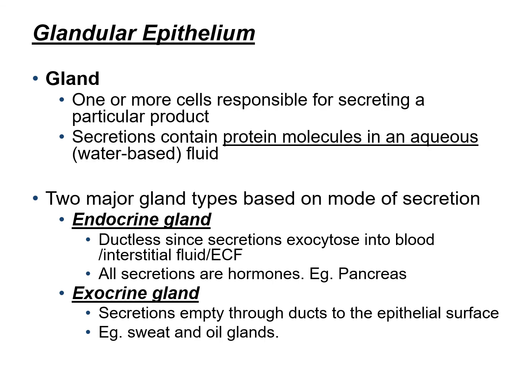While the endocrine glands are known as ductless glands because they do not have ducts. So whatever secretion is synthesized inside the gland just exocytoses out. That means there is exocytosis that takes the secretion out, and the secretion goes into the surrounding medium, which is usually the interstitial fluid or blood. And eventually all of the secretions from the endocrine glands reach blood, and then blood takes it to its destination. And the secretions coming out from endocrine glands are hormones.